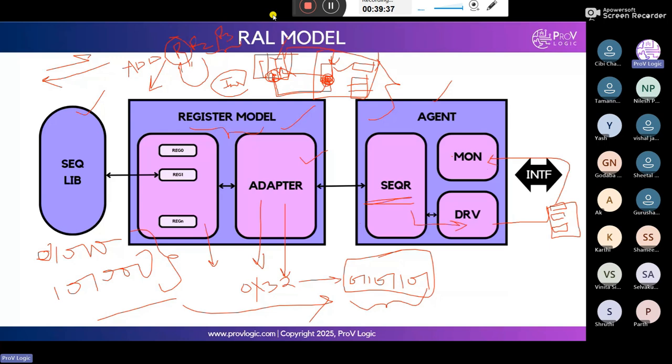The monitor also accepts binary data only. Again, this is sent to the adapter, right? Because we need to store our actual data in the sequence library. While we also send the data to the scoreboard to print the output, at the same time we store the data into the sequence library.